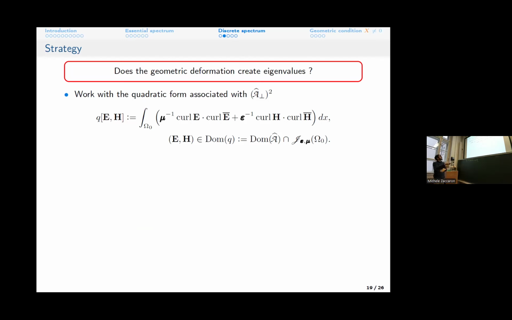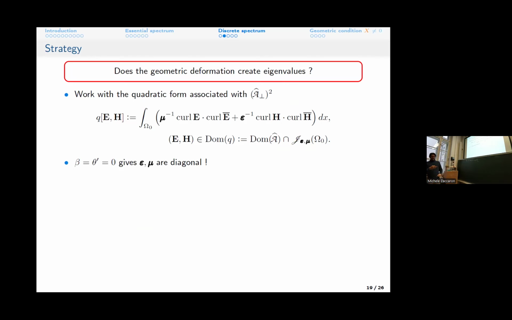And so this is the quadratic form associated with this, and as you can see here, we are in the domain of the reduced operator, so in a much more regular space intersection with the solenoidal subspace. Moreover, we work in the particular case where the twist is zero, so only in a purely bending waveguide. In this case, to produce this result on the discrete eigenvalues, we don't twist. We only start from the tube and